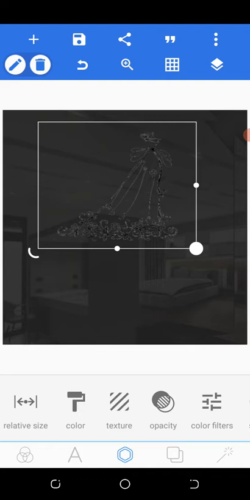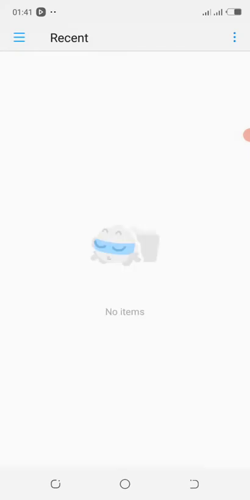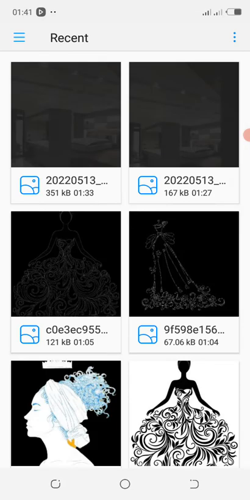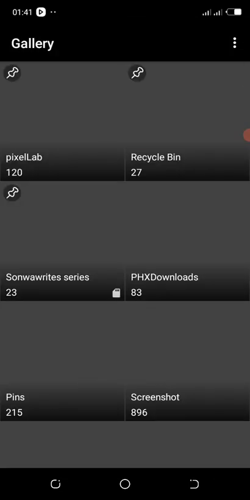But let me show you. If you want to add a texture, like maybe you have a picture whose look you want on the image or text, you can see no texture is selected. So we go straight ahead, click this blue icon here, gallery. It takes you to your gallery folder. So from here, if there's any image that you want to have that same color,